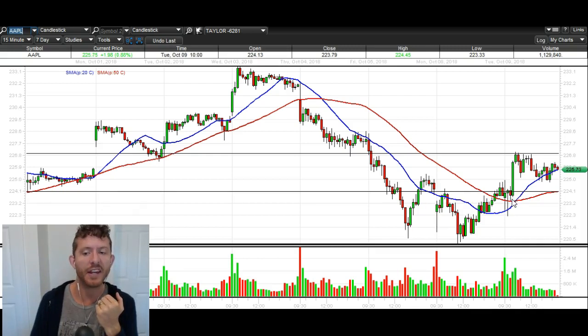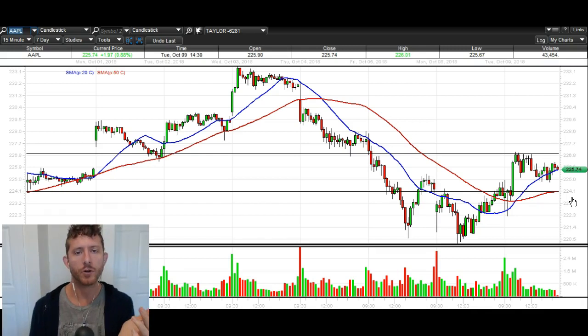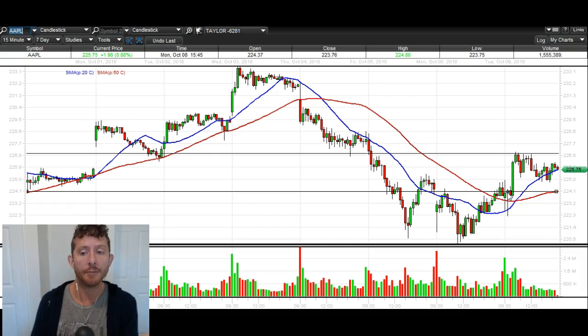Our stop is very close. So I want to reiterate to you guys, profitable trading isn't about having some fancy strategy that no one else understands. Okay, this is simple stuff. And the point is not to be right every single time. We have losing trades for sure, but the difference here is that our risk versus reward